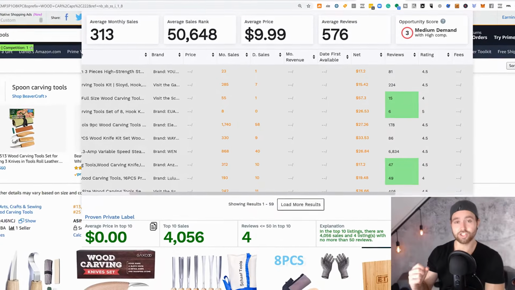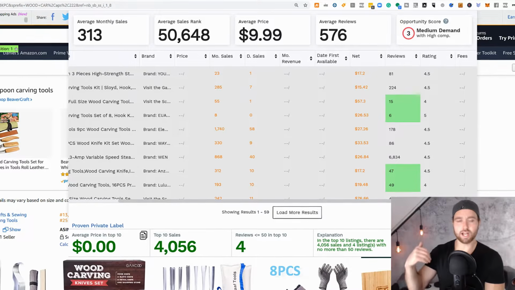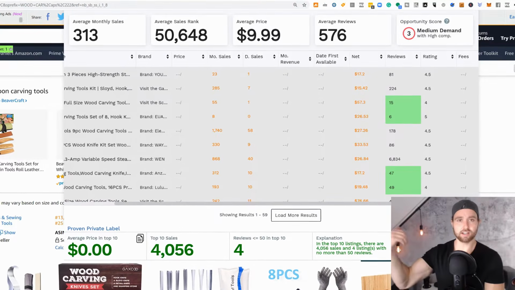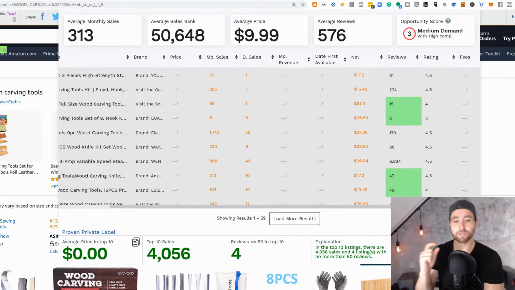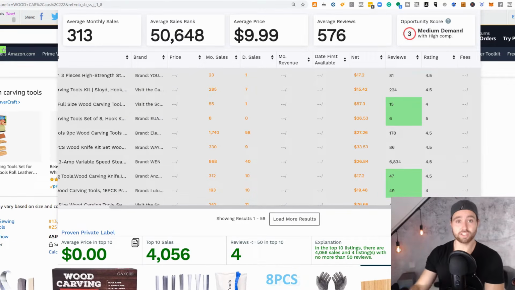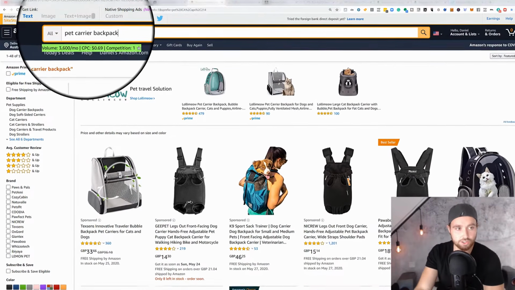And these are things that are just going to help you streamline your process. These are not the big tools like a Jungle Scout, a MySellerPal, Helium 10. These are lesser known tools that are going to help you in between with certain processes in your business. So let's jump in. So if you see on screen here, I've typed in pet carrier and it's also completed